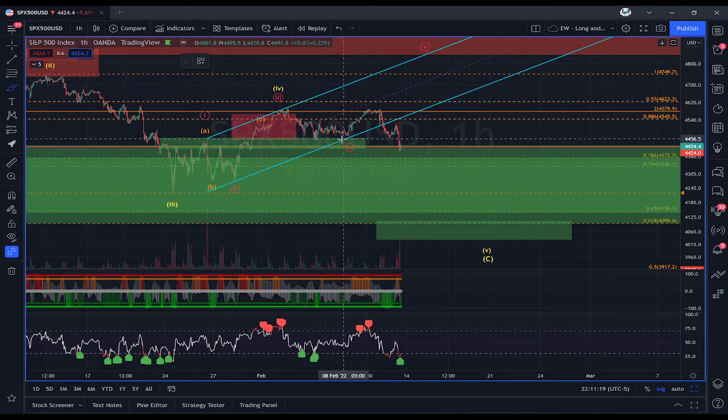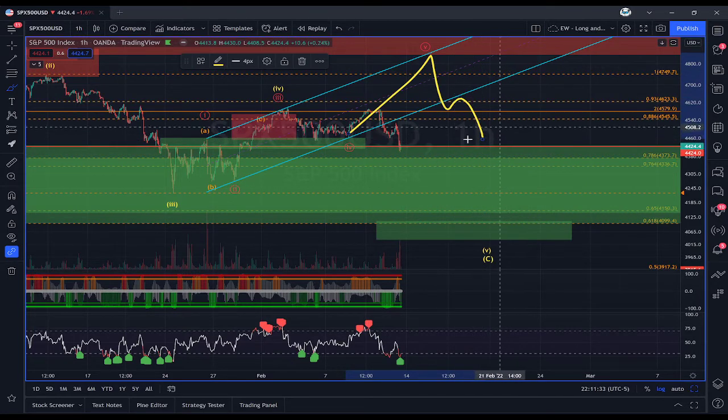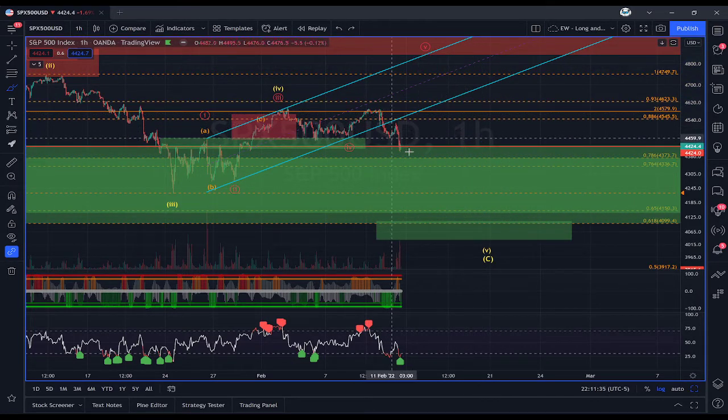But I was giving the bulls the benefit of the doubt if they could complete this leg up. Sorry, this laptop is driving me crazy. If they could complete this leg up here in the fifth wave and then do a pullback, that would be a buying opportunity for that higher low. But since it broke down, I'm now pretty comfortable saying it's likely we're going to see that lower low. And if not all the way down there, maybe an equal low back here, but we have to come down and test these lows at some point, and likely we're going to break that low in one way or another.